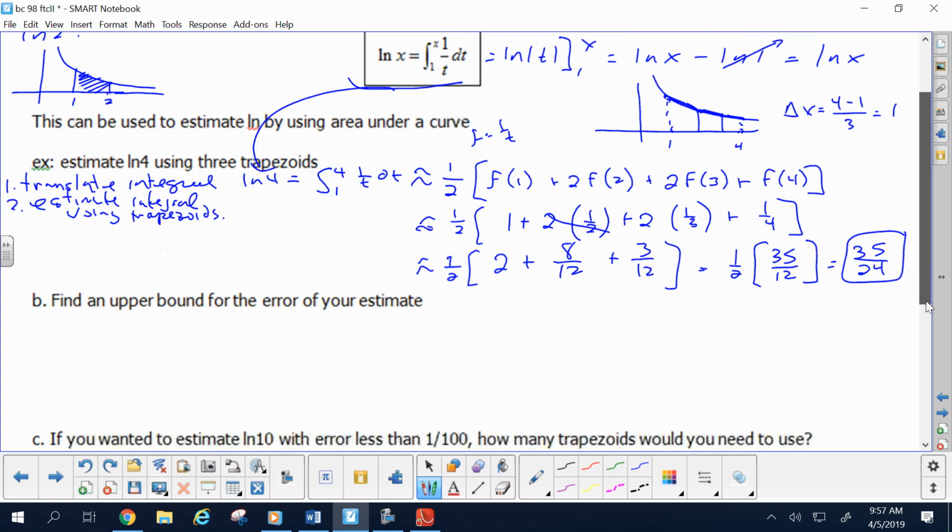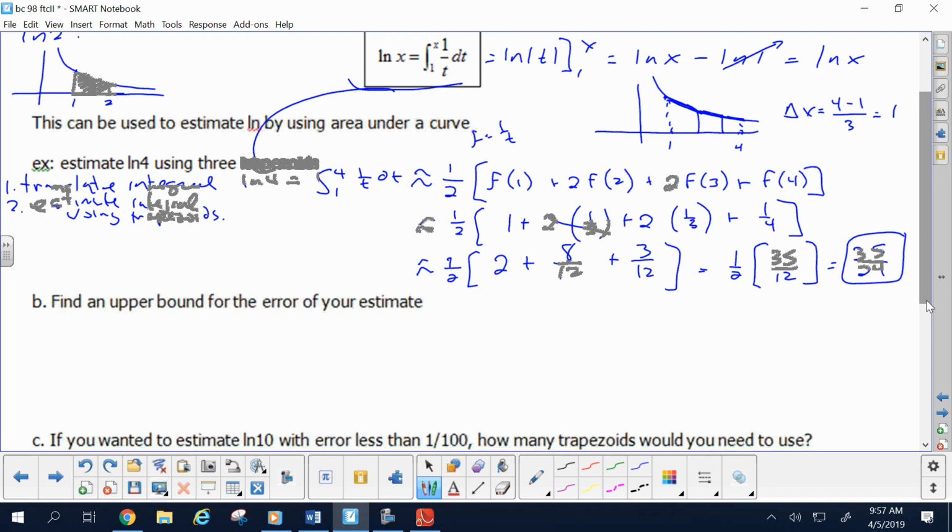Now it would be great to know if that's a pretty good estimate or not. The graph tends to tell me that's pretty doggone close. There's not a lot of error there between the trapezoid area and the curve area. But let's see, we could at least find an upper bound using the old trapezoid upper bound idea. We know that the error is less than